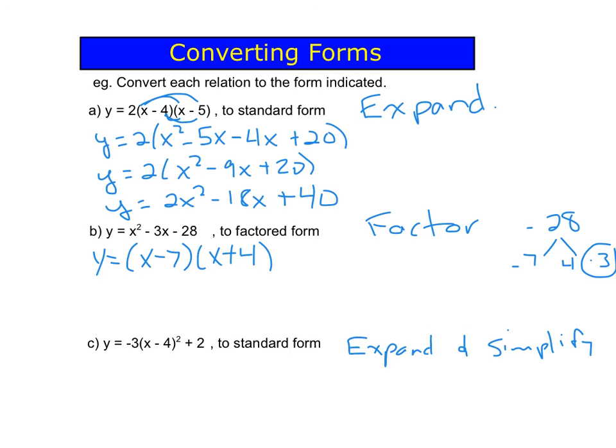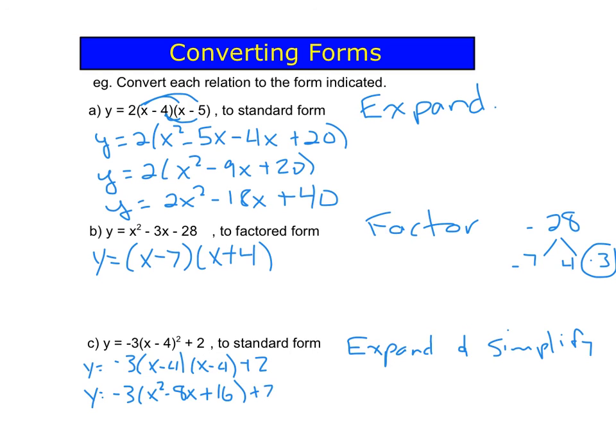If you need to, just rewrite them as (x minus 4)(x minus 4), and expand them. This is a perfect square trinomial. So you're just going to multiply x times negative 4, which is negative 4x, and double it. That'll give you negative 8x plus 16